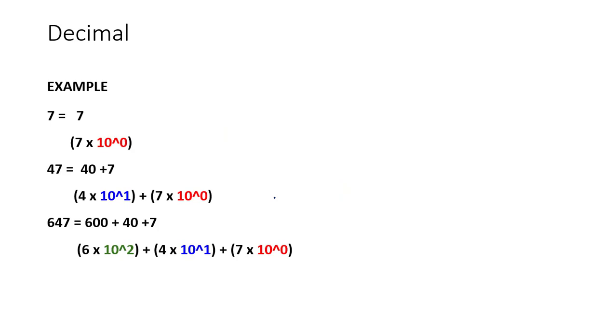So for example, let's say somebody tells you the decimal number 7 is given to you. Now how can I write it? Because for the decimal number system my base is 10. So this 7 can be represented like this: 7 cross 10 raised to 0. Now please understand, when anything is raised to 0, so when I say 10 raised to 0, what you will get is 1. So when you multiply 7 by 1, the answer is going to be 7 only. So this is how you can represent the 7.